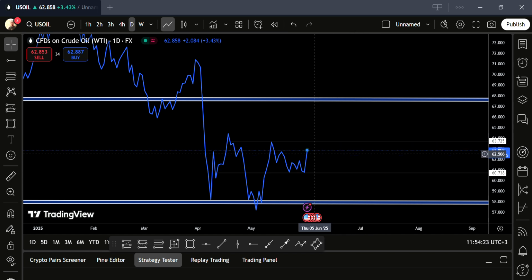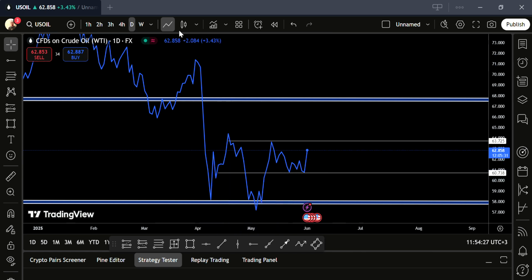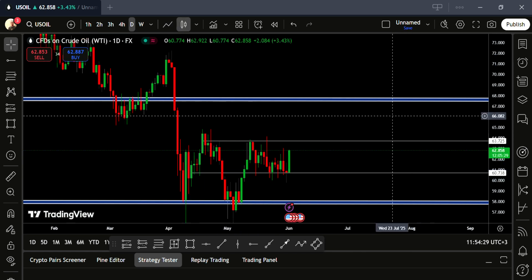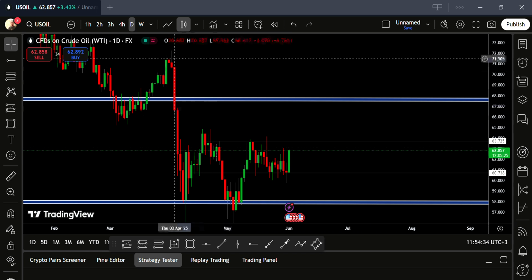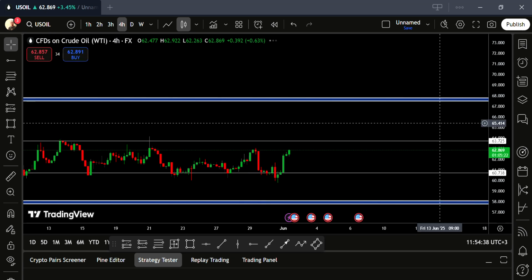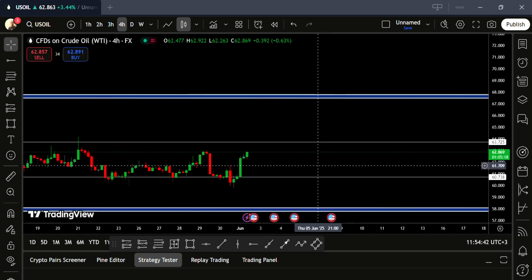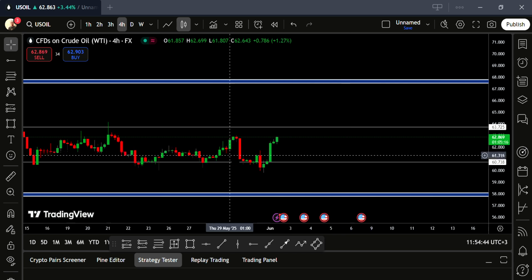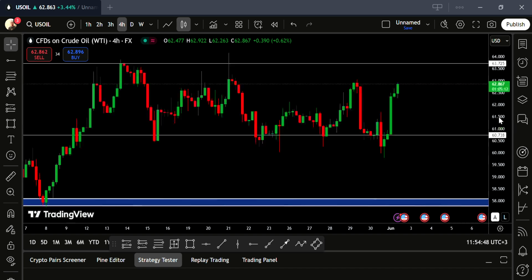So now you have immediate support and resistance done on the daily. So where is this one going to be traded? It's going to be traded on the 4-hour, 3-hour, 2-hour, 1 hour. There you go. So now we currently see price action is approaching